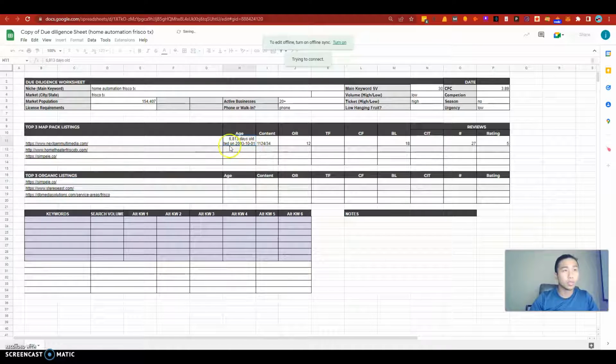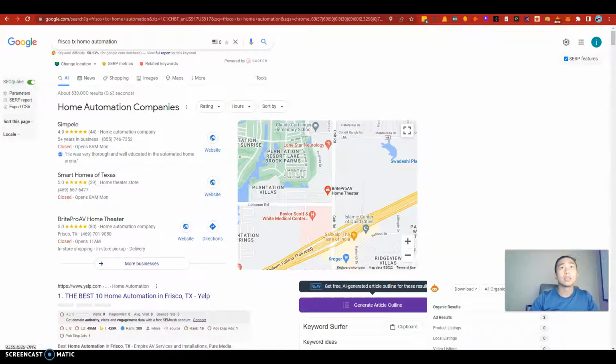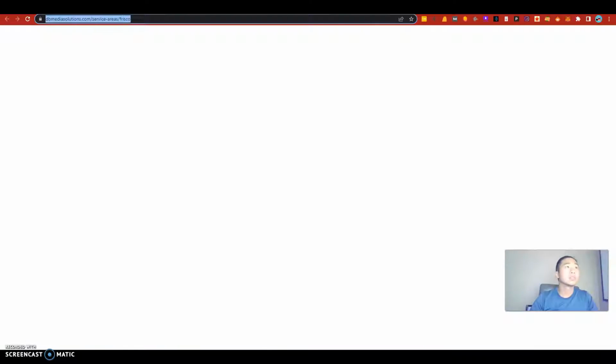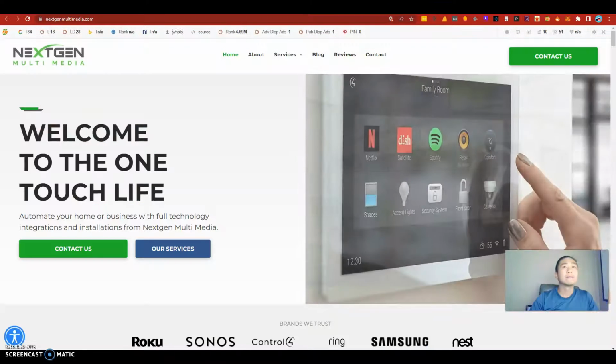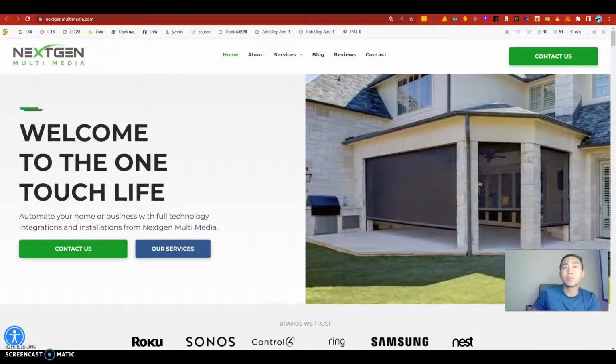Basically what I want to do here is fill out this form. I filled out the first row, and I'm going to show you that right now. Basically what I did here is I looked at Next Gen Media, sorry my phone's ringing here,